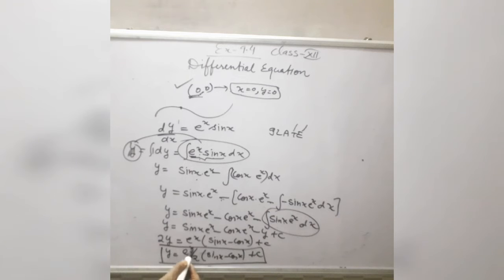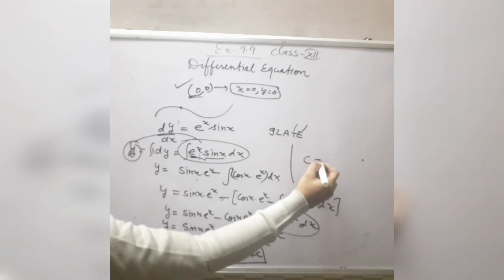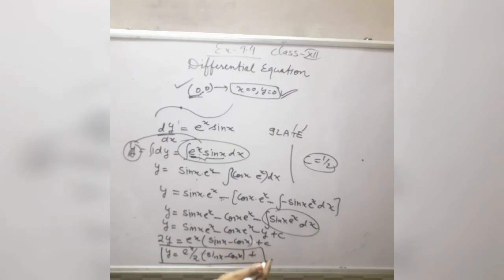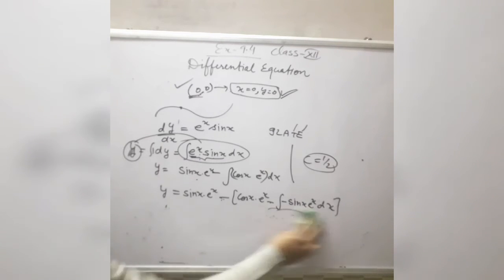In the general solution, in place of x and y put 0, 0. When you take x equal to 0 and y equal to 0, you will get the value of c equal to half with the help of this given condition. If you put c equal to half, it becomes a particular solution, or you can say this is the equation of the curve. In this way, with the help of this point and the given differential equation, you can find the equation of a curve. Now see the next question.